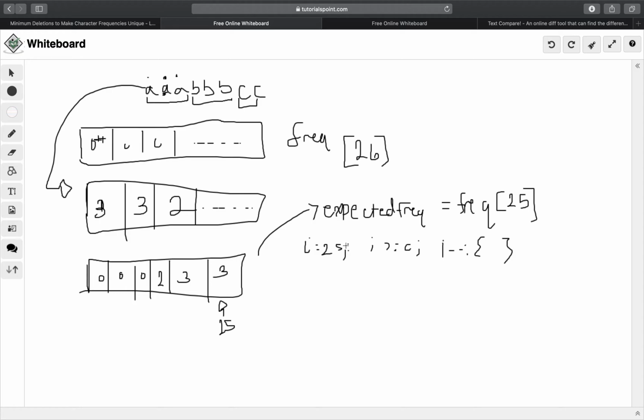But also after each iteration, you need to do this: if expected frequency is greater than 0, then decrement it after each iteration. Because the point is, if your expected frequency was 3, then your next expected frequency should be 2, like we discussed earlier. So if it equaled 3, then we can subtract 1 because we know all the other characters need to have